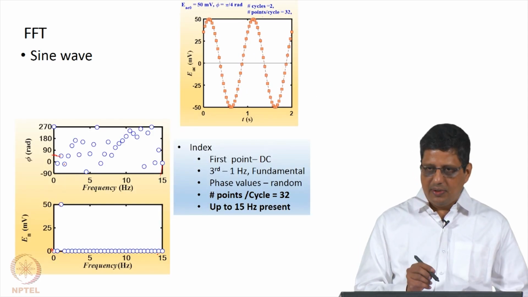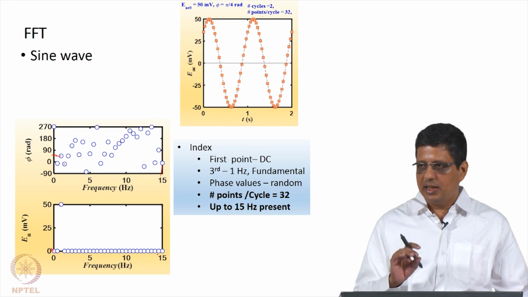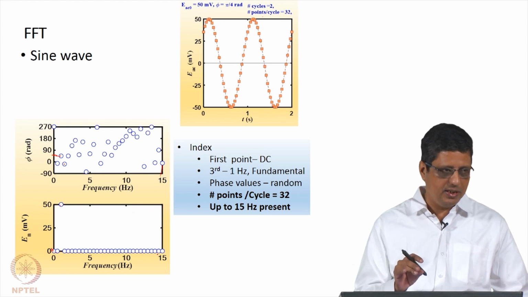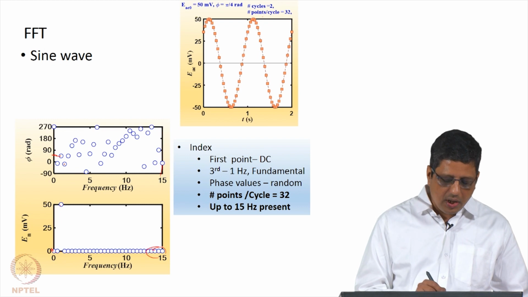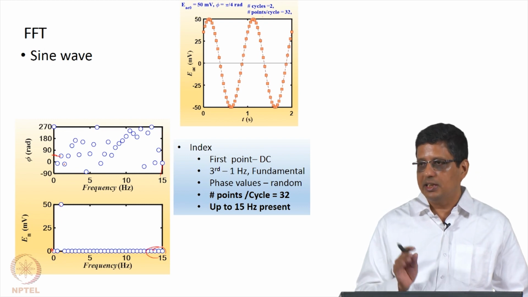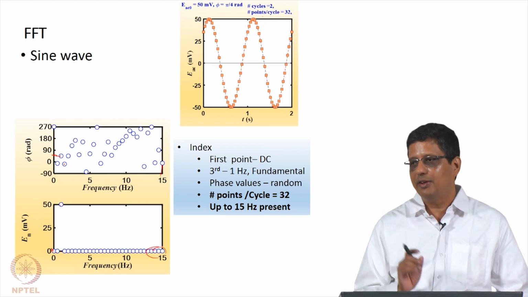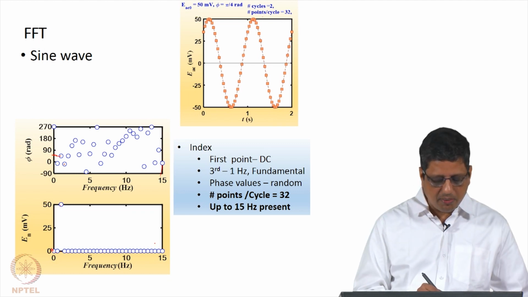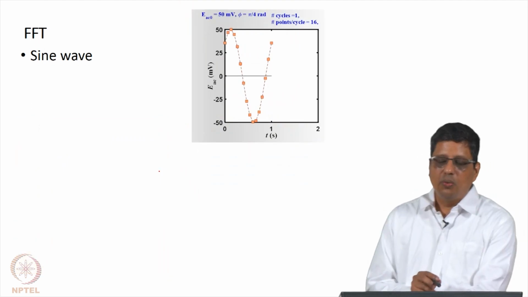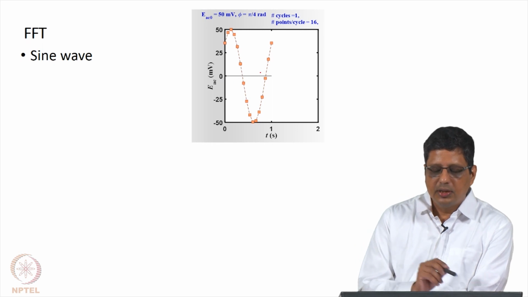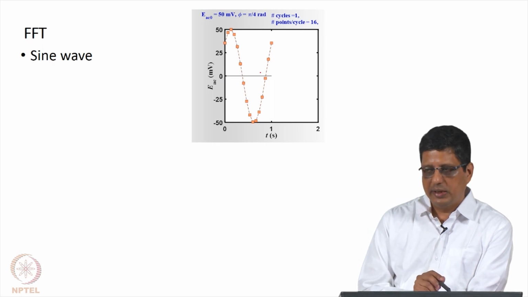but in reality if I have other waves and it is distorted, if there is noise, I will not get good accuracy in the high frequency regime, because I am close to the Nyquist criteria in terms of sampling frequency. Here it is not going to be much of a problem because it is a pure sine wave. Now what I have done is sampled only up to 1 cycle.